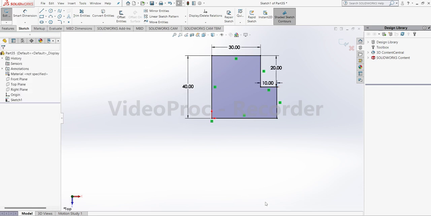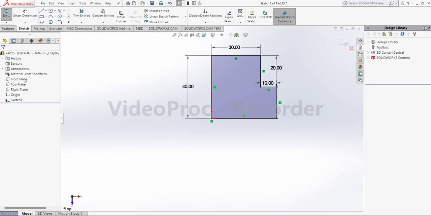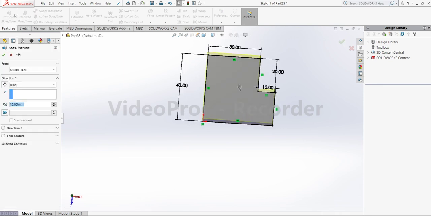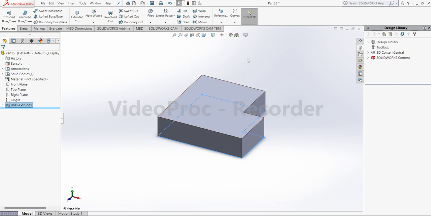Okay, now we need to extrude it till the height, which is 10. It's already 10. Click OK, escape. Here we have a chamfer